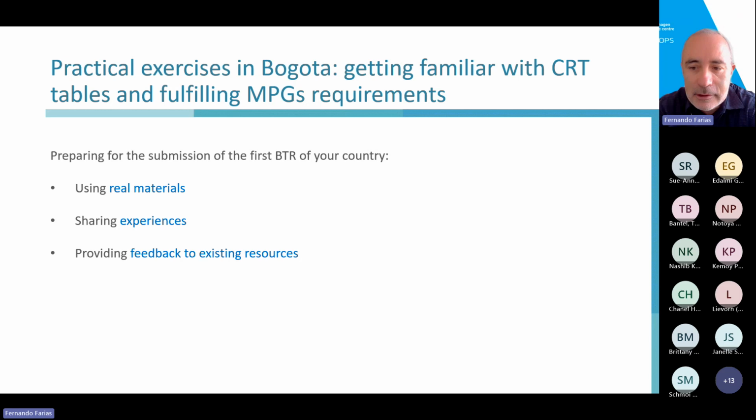And as such, I think this is a very valuable opportunity for performing these interactions between countries. And also, as a third element, I think it is very valuable in this training that we want to provide some feedback on resources that you have been working on. Either if you have a draft document you want to share, a work plan, an inventory improvement plan, or a QA/QC plan, we will be delighted to have a look together with you